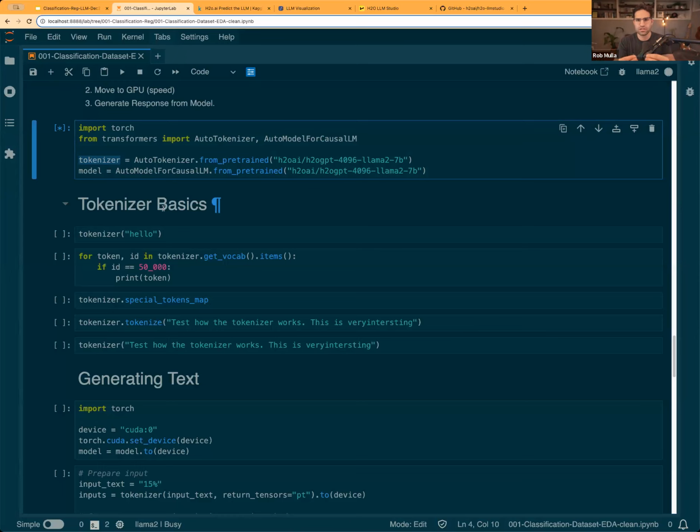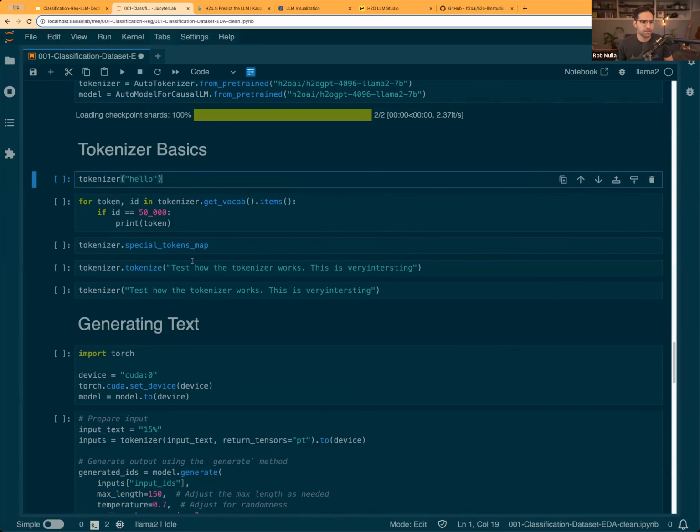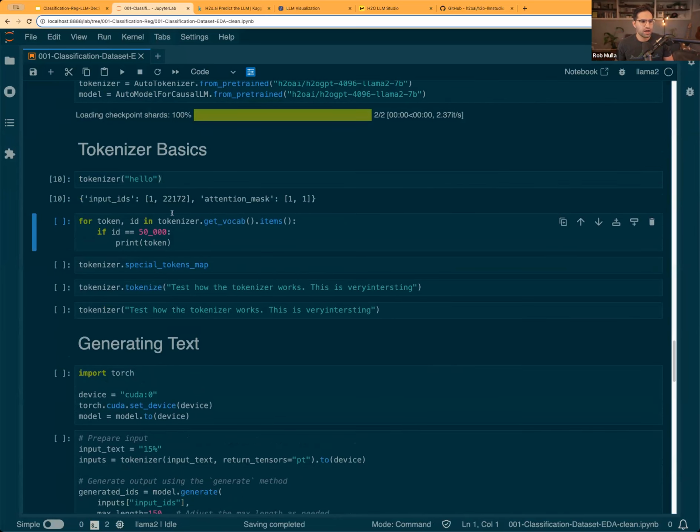The model actually just understands the tokens that are created from the text. So I've loaded in this tokenizer and this base model. Just to show you how the tokenizer works, if I give it the text hello, you can see the input IDs. Let's ignore the mask for now, but the input IDs are actually the IDs of the tokens